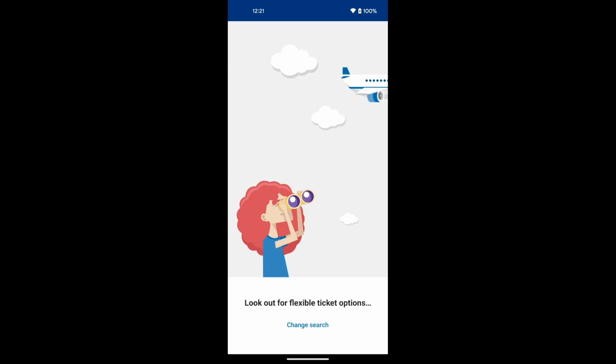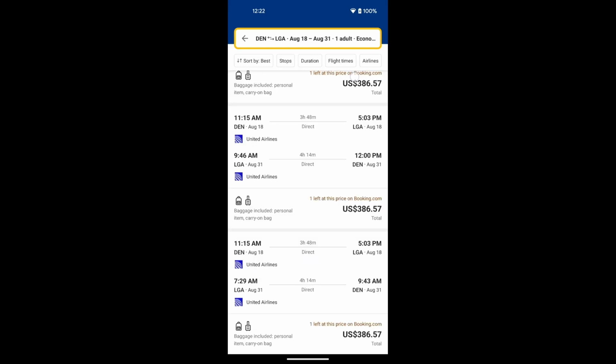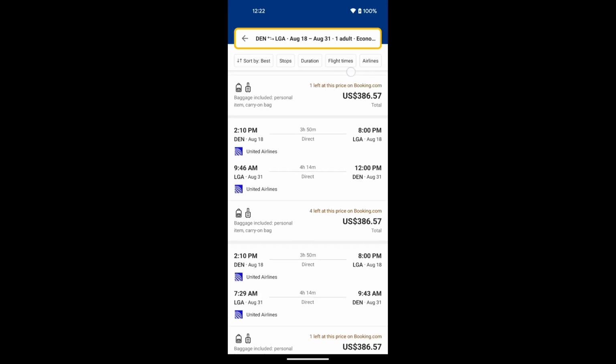Now it will start searching, and then you'll see some options. Now you'll see your flight going there and your flight coming back, and then you'll see the price underneath it. So you'll see all the different options here.